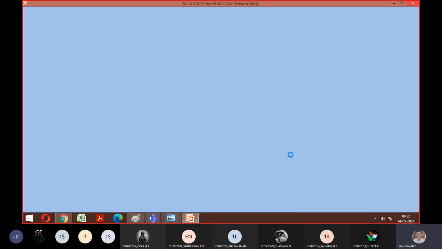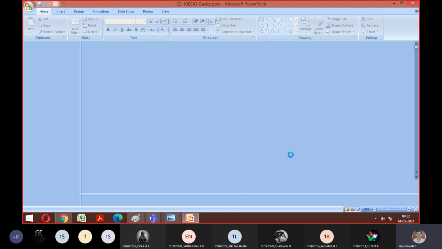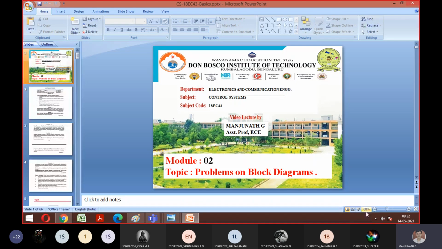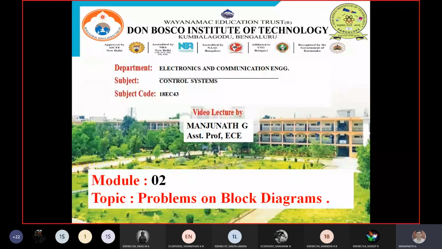So what I told. So we have how many problems over here? Block diagram till now. How many block diagram problems have been done with the first 9 reduction techniques? 11. Okay, fine. So we will try to solve one or two in that topic.